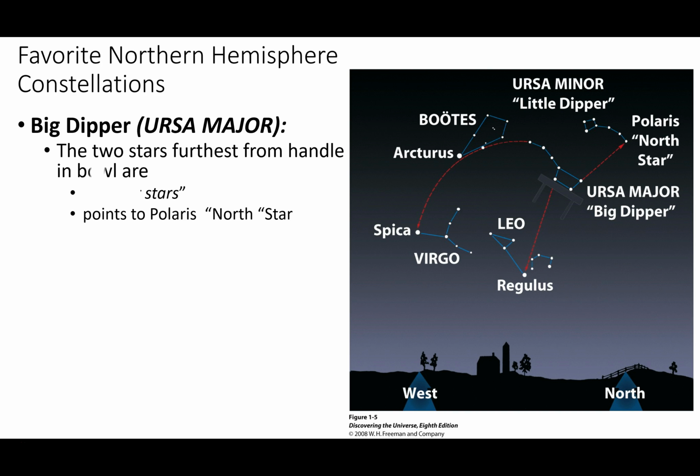A lot of times students have a sense of, looks like the words were bowl and pointer. The Big Dipper. Anybody in here seen the Big Dipper? It kind of looks like this. And the Big Dipper is relatively bright, and it's also what we call one of those circumpolar constellations, which means that just from our latitude,